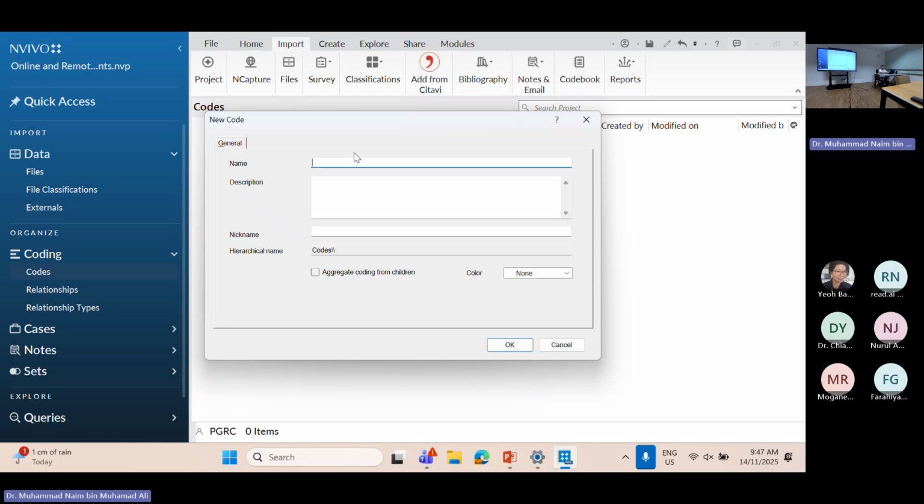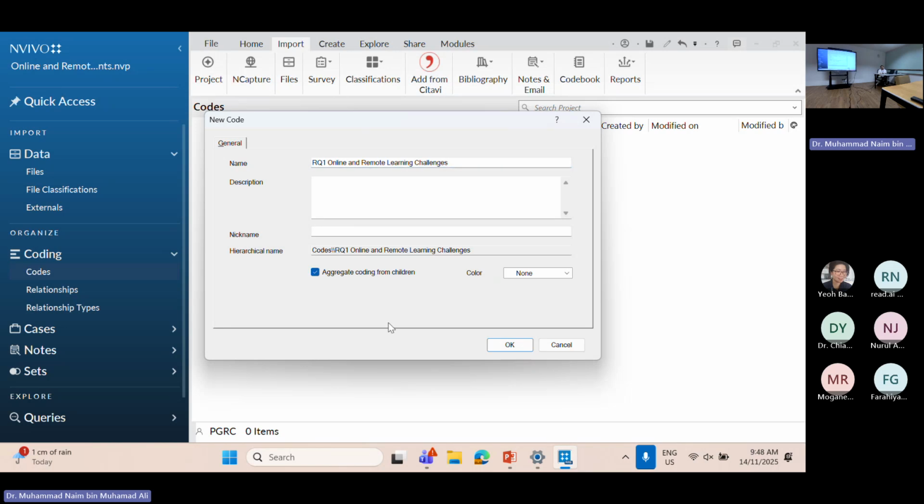For example, I usually make my research question the parent. For the description, you have to tick aggregate coding from children.